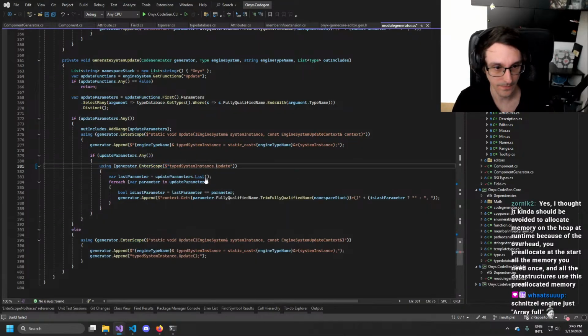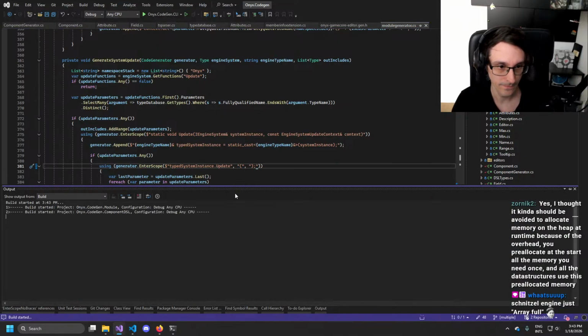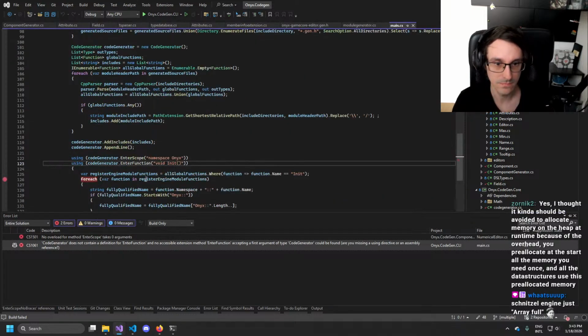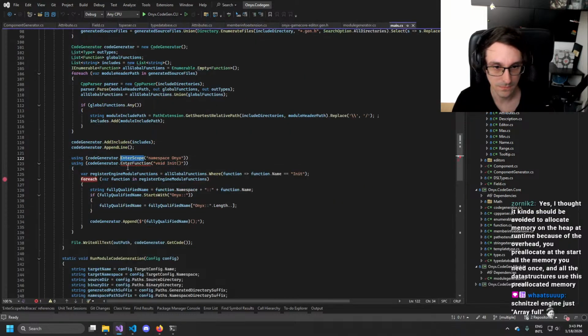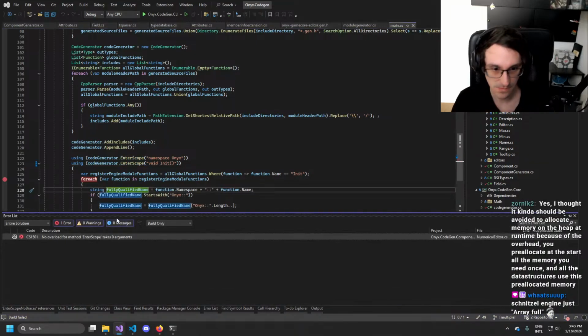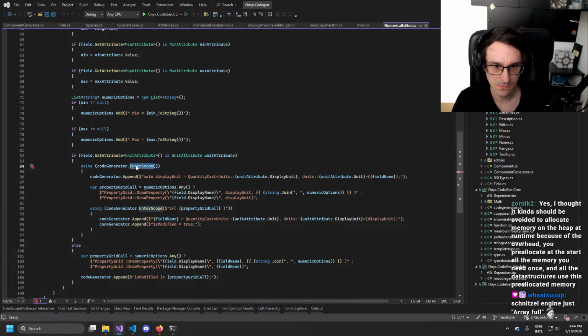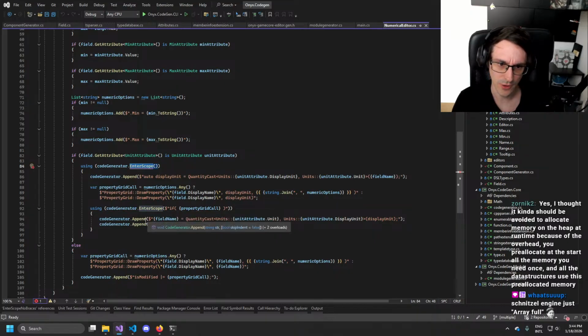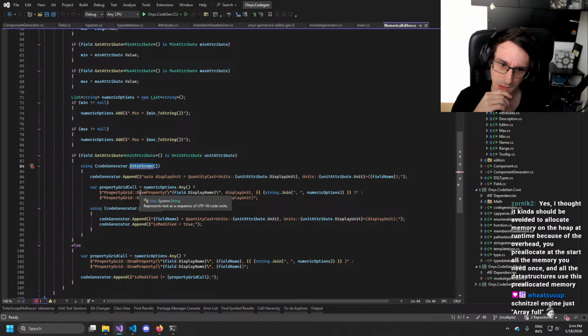Enter scope. What is... Oh, that's an empty scope.